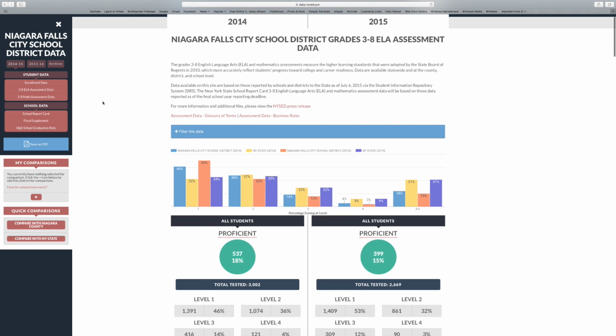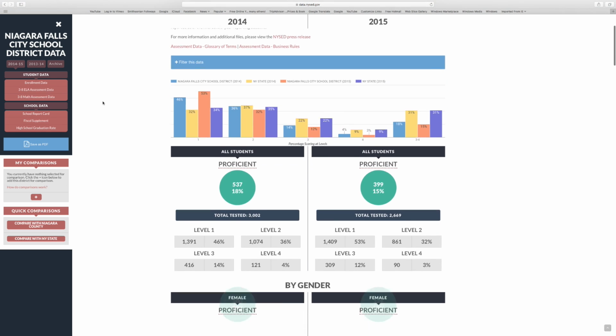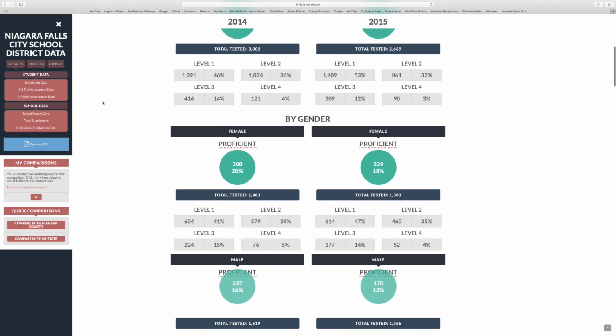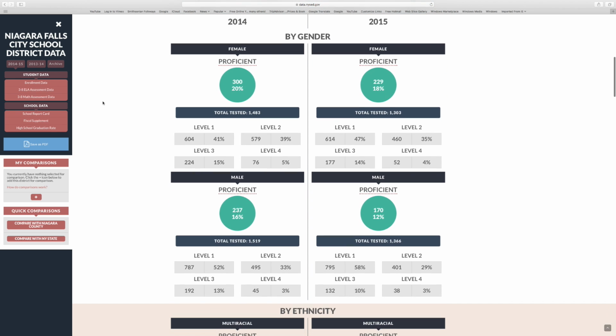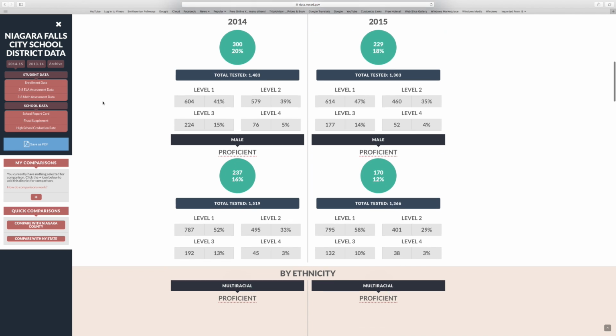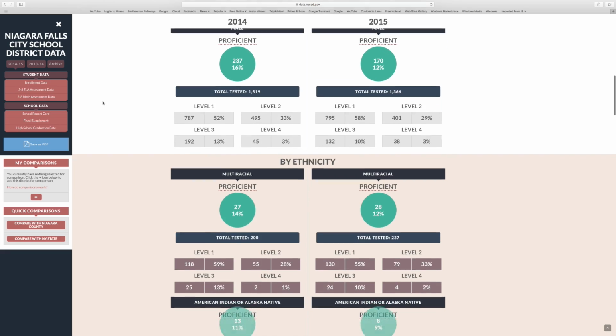everybody in New York State. Every single school district in New York State is included in that data warehouse. And you can see how did the students perform on the 3 to 8 ELA and math and science tests. How did they do on Regents exams? Generally, what number of students are performing at proficiency levels or higher? And so you can just get an overall snapshot of how is a school doing,